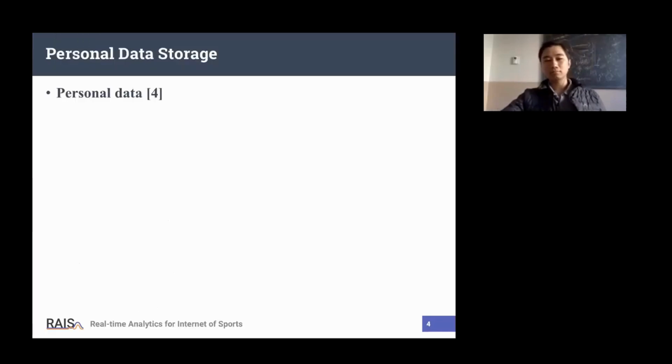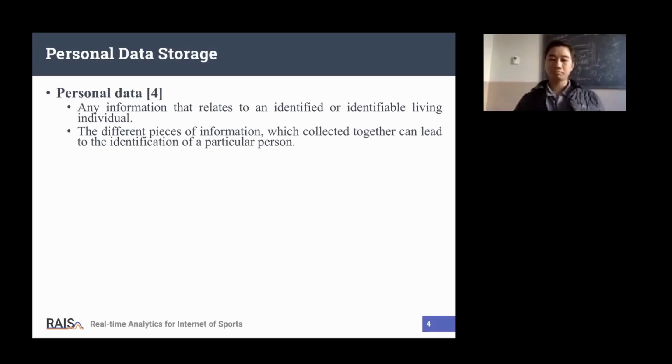What is personal data? That's an easy question, but what is personal data? Somehow I can get your student ID from this info. I can get the relevant info of yourself. That is an example of personal data. So personal data is any information that relates to an individual, especially information by which you can identify someone from your friends or from a big group. That is identifying info, also personal data.